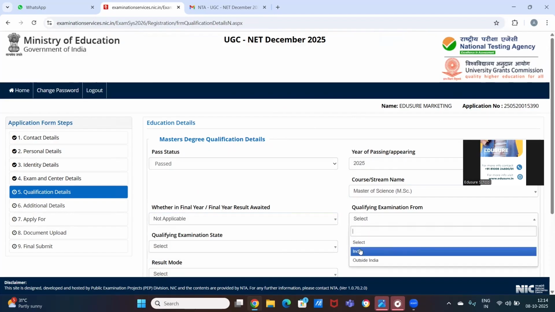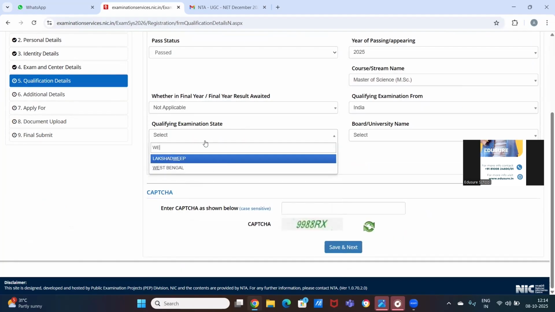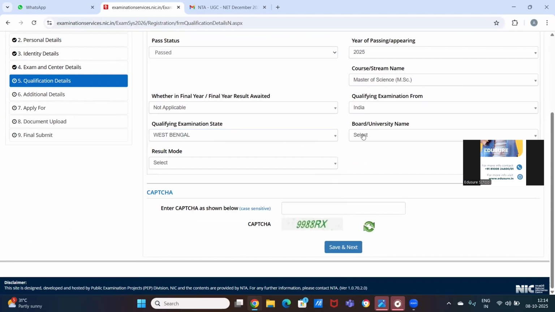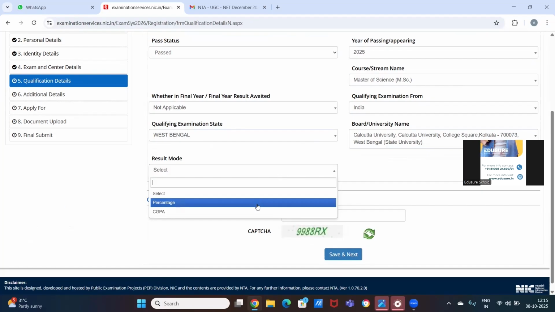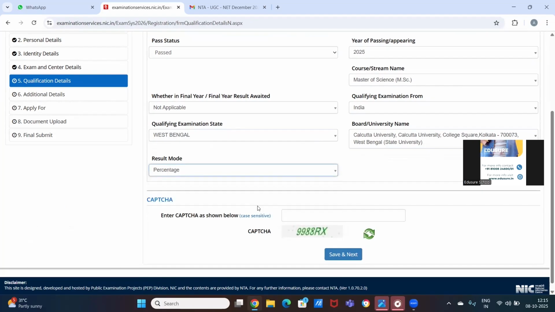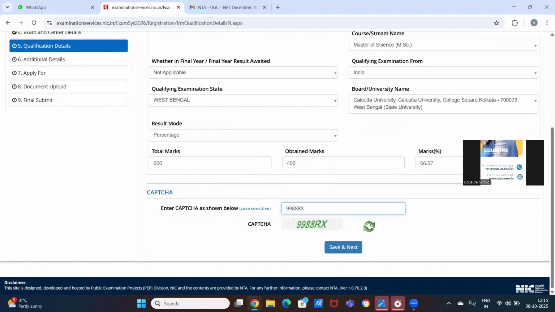Then your course stream, whether you are in your final year, your place from where you qualified the exam, the country basically, and then the state, and then the board that you appeared from, and then your result, whether it was given in percentage or CGPA, then your total marks and the marks you obtained, and then enter your captcha. Just in case you don't remember these details, please sit with your mark sheet.